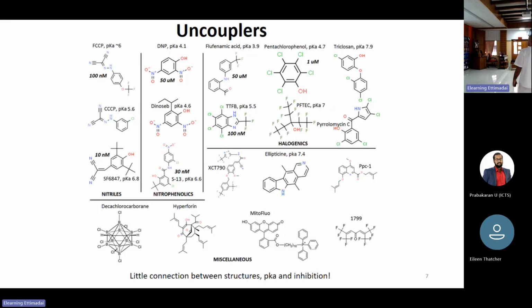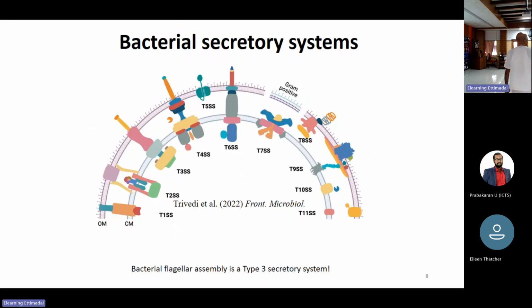The structural aspect and the pK aspect do not seem to be affecting the inhibition. If it is proton, you would expect it to. And then there are molecules which don't have free protons, yet they are serving as uncouplers. The point is to reason out all the kinds of data. This doesn't fit, and most interestingly